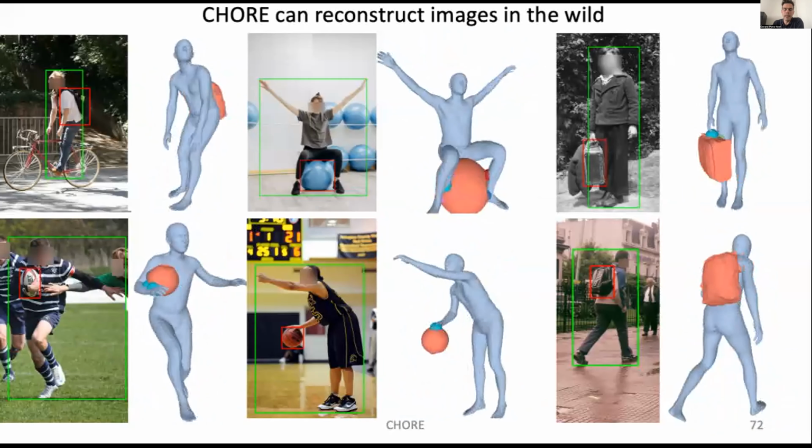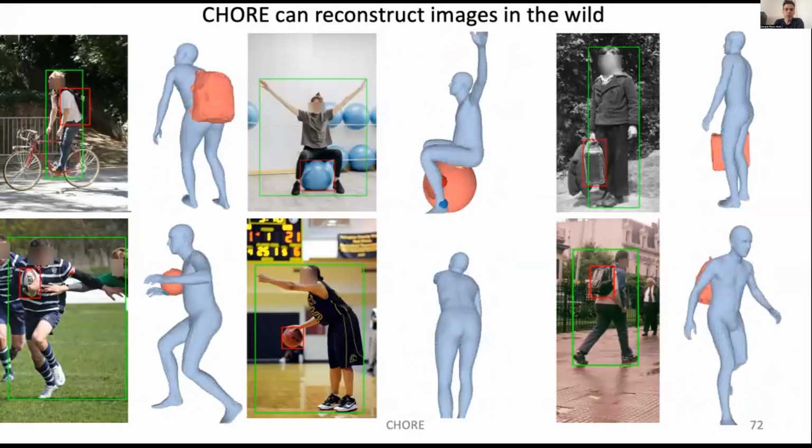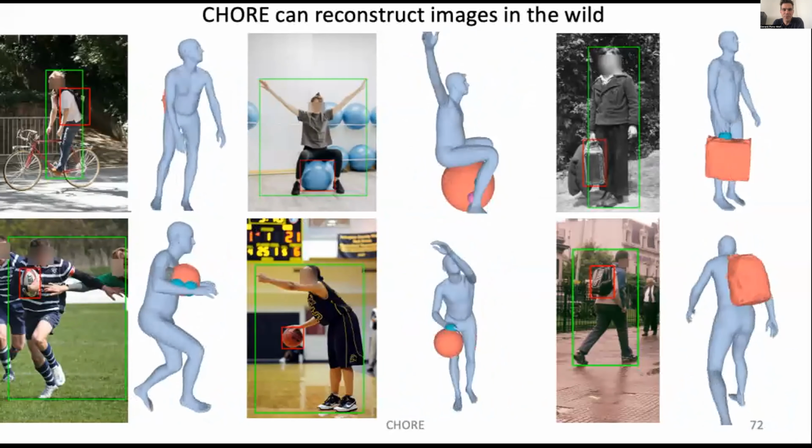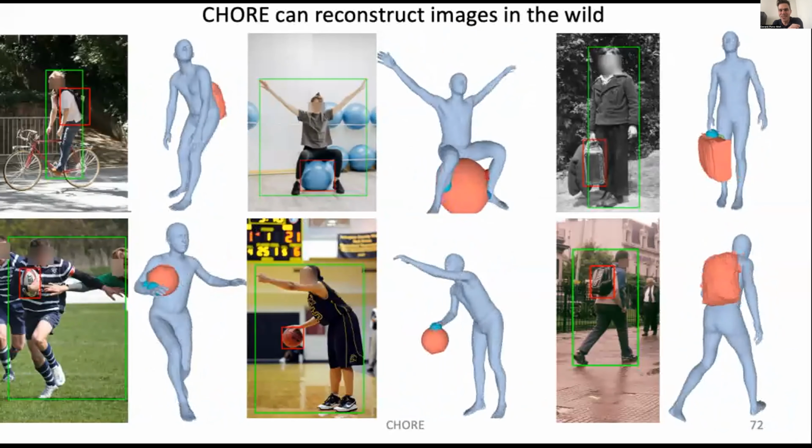Okay, so the take-home message here, I'm just afraid that this will break again, so I don't want to show more results. I have more results for this, but I will show only this one. Basically, the conclusion is that for images in the wild, this generalizes, but I want to point out that this is a significant improvement over the state of the art, but it's clear that this is only the first steps because it fails for many other images, and also it's restricted to a set of objects.